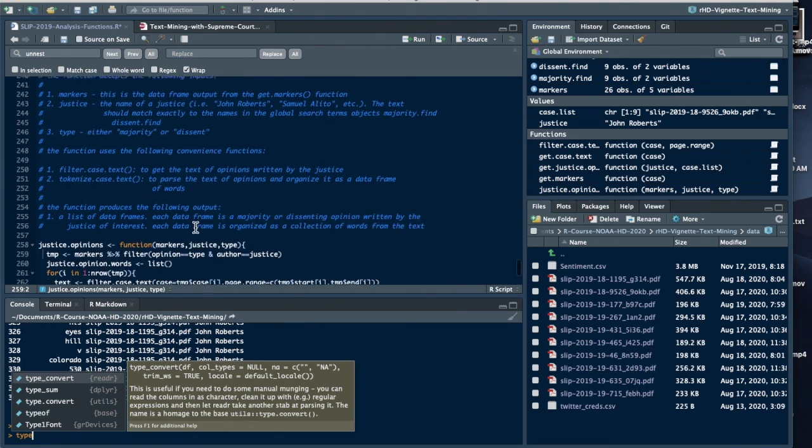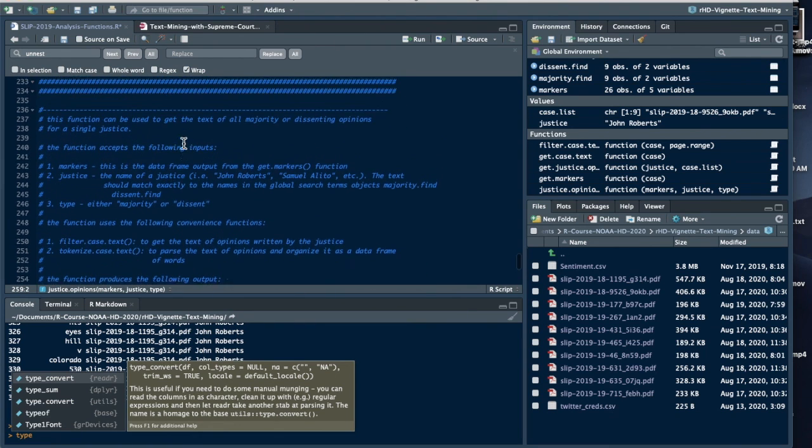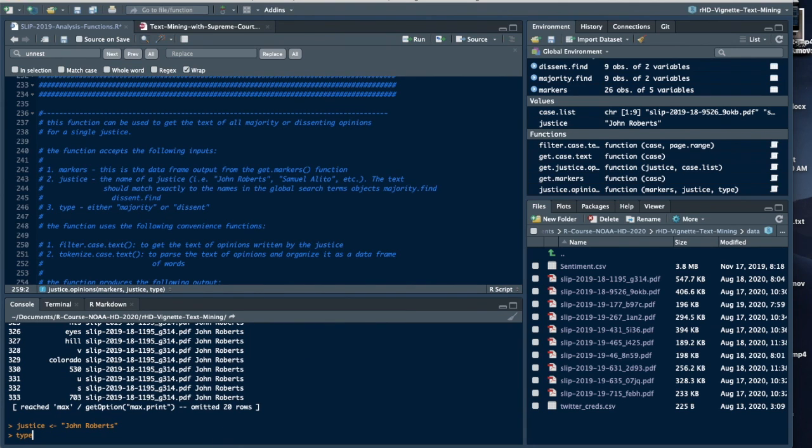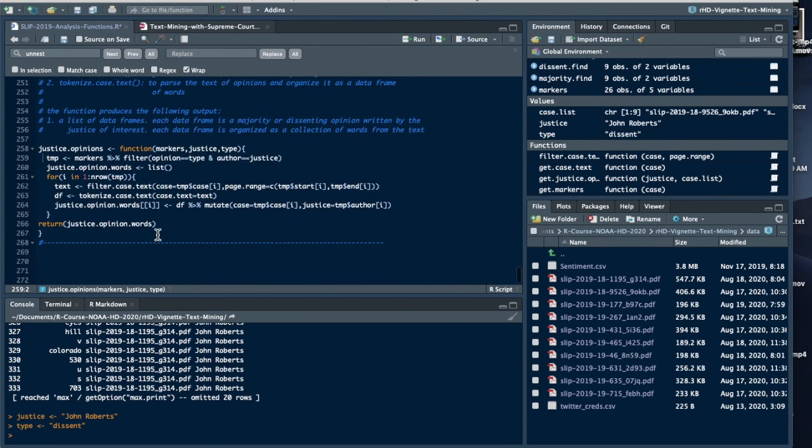And type should be, so here I've left extensive code comments on how this function should be used, and if I scroll up here I can see that type should take the string values majority or dissent. So let's set type to be dissent. Okay, if we do that, the first line in this function